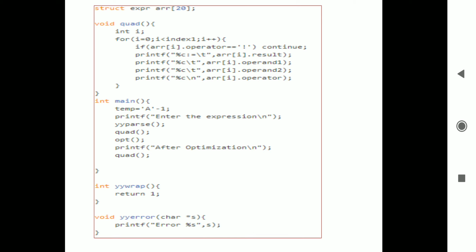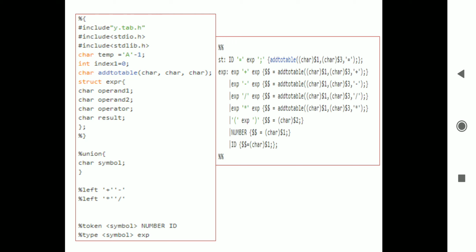Okay, now one function is written over here, that is the add to table function. This function is basically used to add some details into the table. Again, what do we need to pass? We need to pass 3 parameters into the add to table function: the left child, right child, and then the operator. So likewise we are going to pass them. This must be written into the action we perform, into the translation rule.